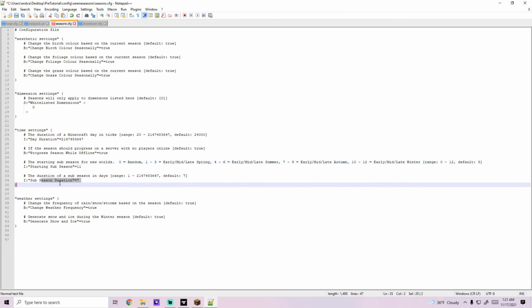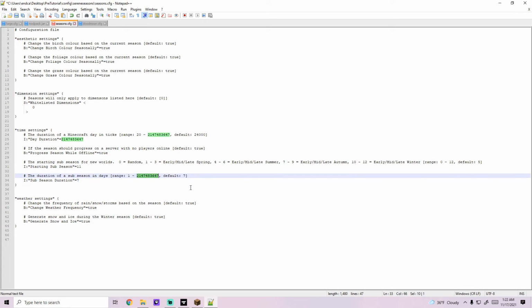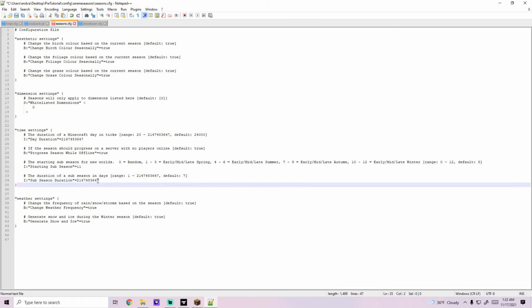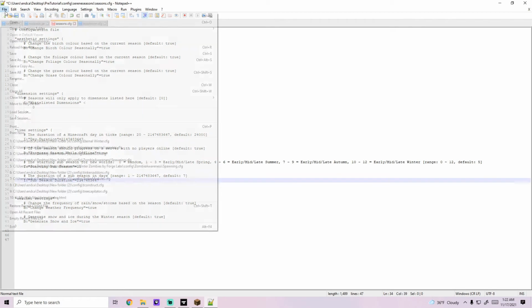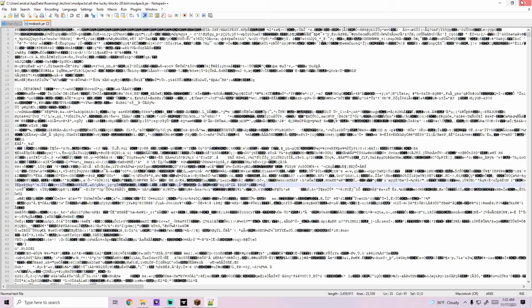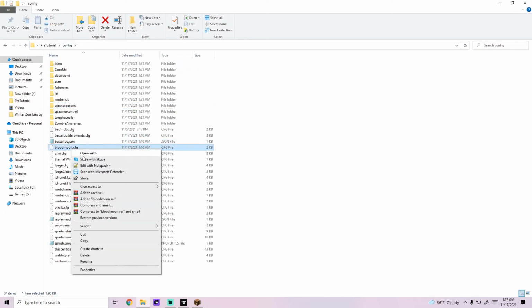And then how long the season lasts, this is in days, but I want this season to last forever since it is a winter map. So I'm going to copy that very long parameter number there and paste it in there like so and save this file. The next thing you have to do is you need to go into the blood moon config,